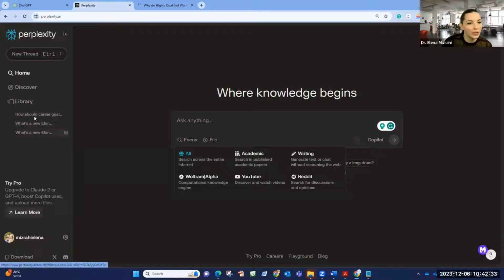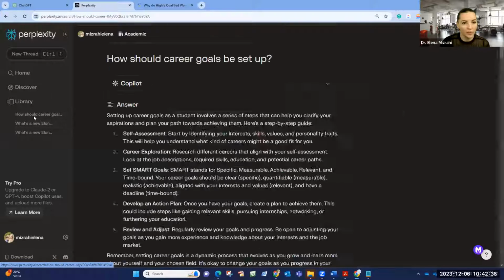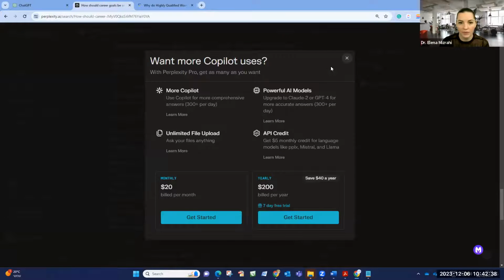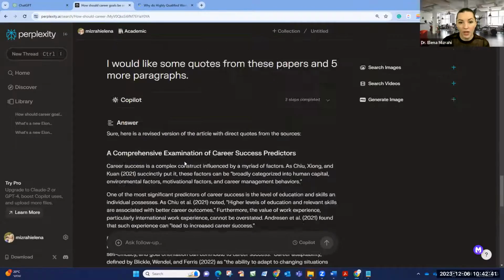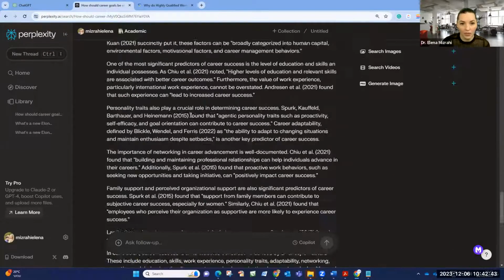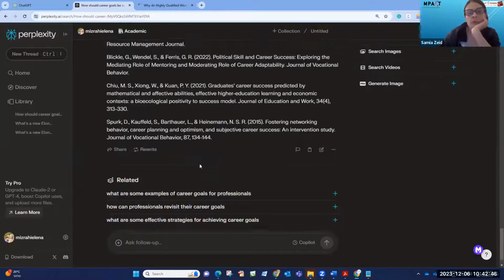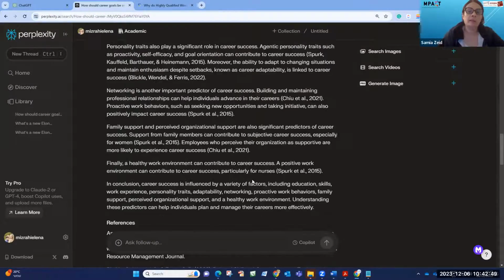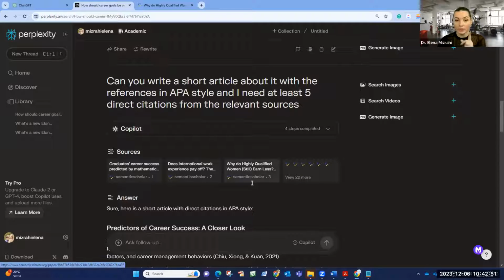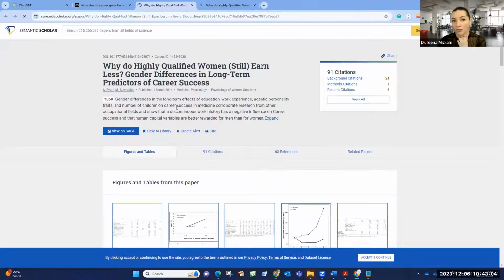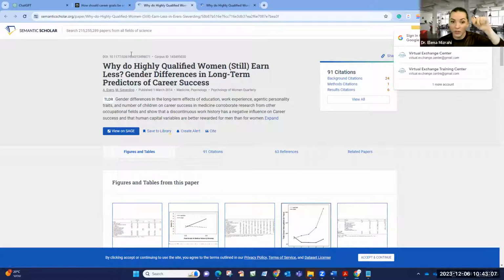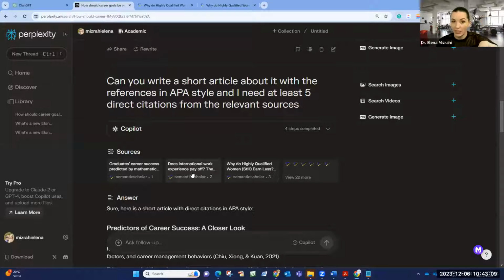Now, when we go back to the career goals, if I go back to the library, to the previous results, let's check that the articles actually exist. We have the articles here in the references. You also need to double check the quotes, Elena, because sometimes you cannot find the quotes. I don't say that it's 100% accurate, but it should be accurate, the way other people talked about it. It didn't come up with articles that do not exist, because they do exist, and you have a link to the articles. You can click on the link directly from Perplexity to the sources.